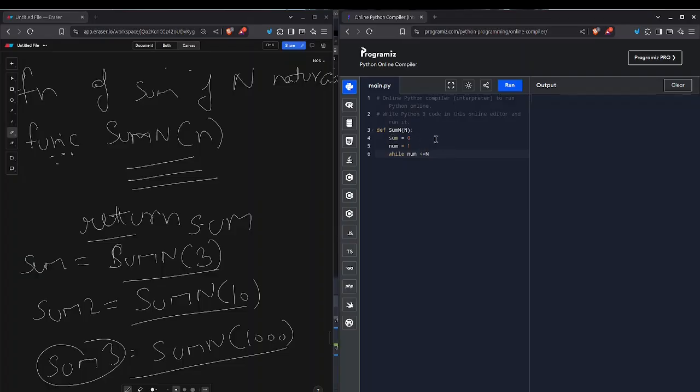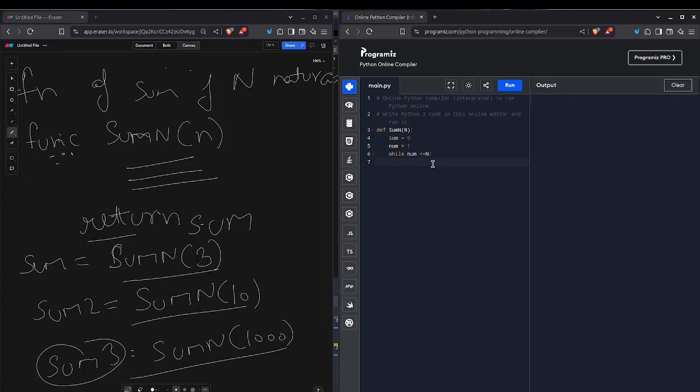Let's suppose we want to find the sum of 4 numbers. So we start from 1, and it runs while num is lesser than or equal to n, which is 4 here. The loop runs on this condition because a loop runs until this condition is satisfied.